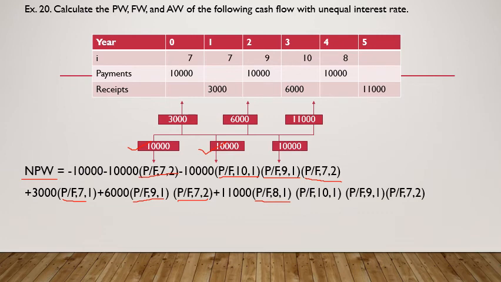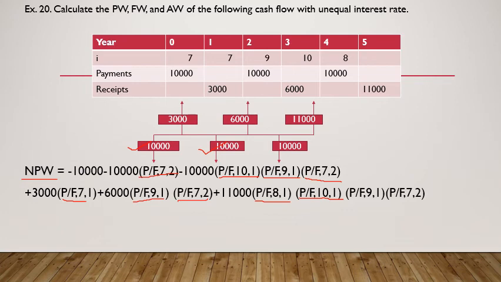Now the discounted amount is at the end of t is equal to 4. Now I have to convert that into t is equal to 0. Is the rate of return uniform? No. Between 3 and 4 it is 10. So for 1 year I use 10% rate of interest and use the factor P by F comma 10 comma 1.